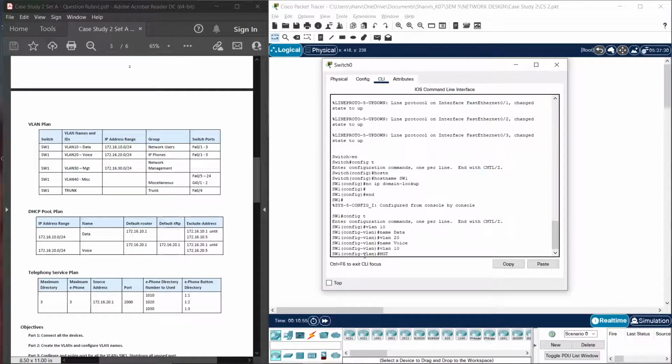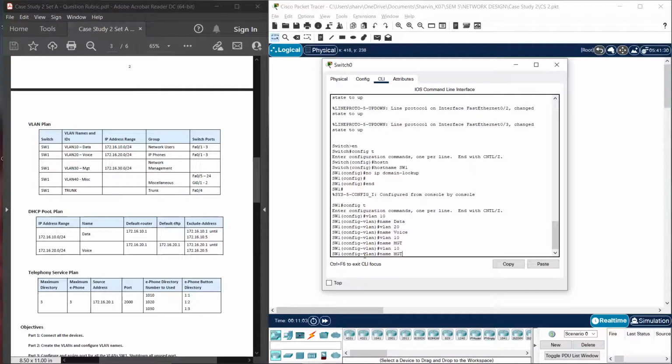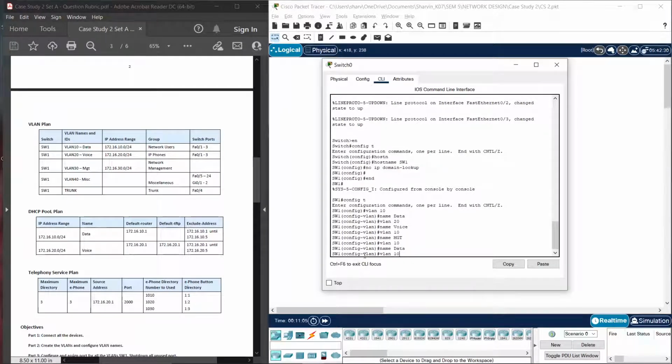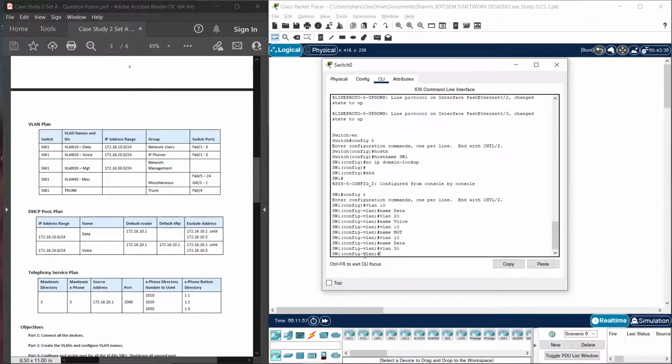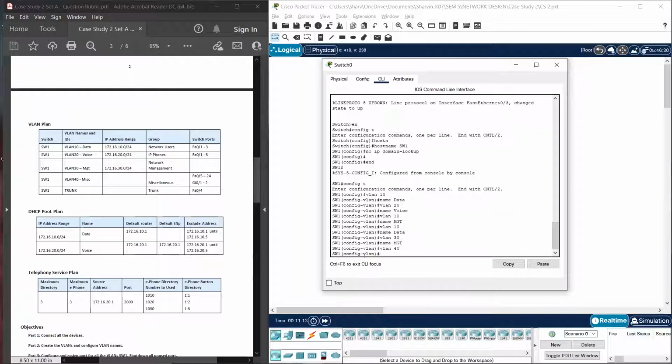The name of the VLAN is MGT. Sorry, 10 is data, then 30 is MGT, and VLAN 40 is named as